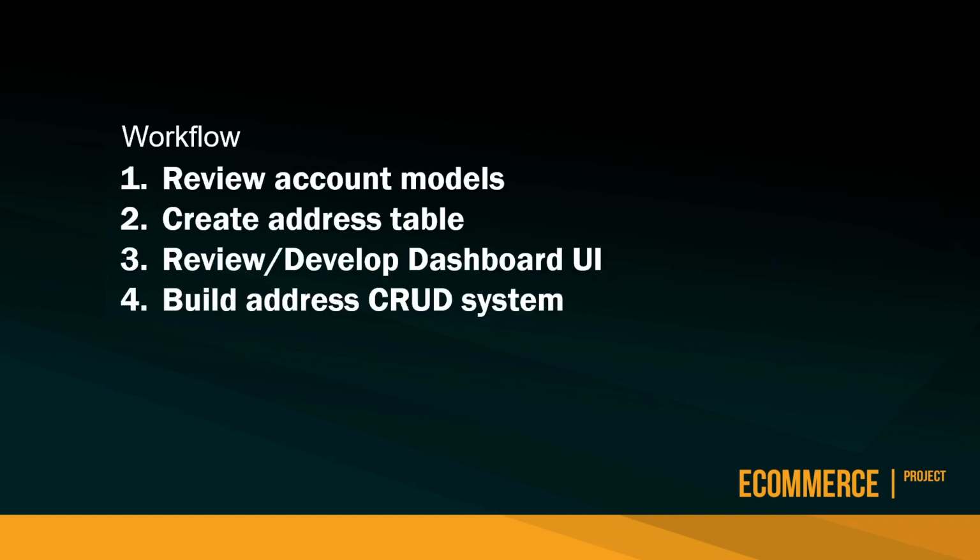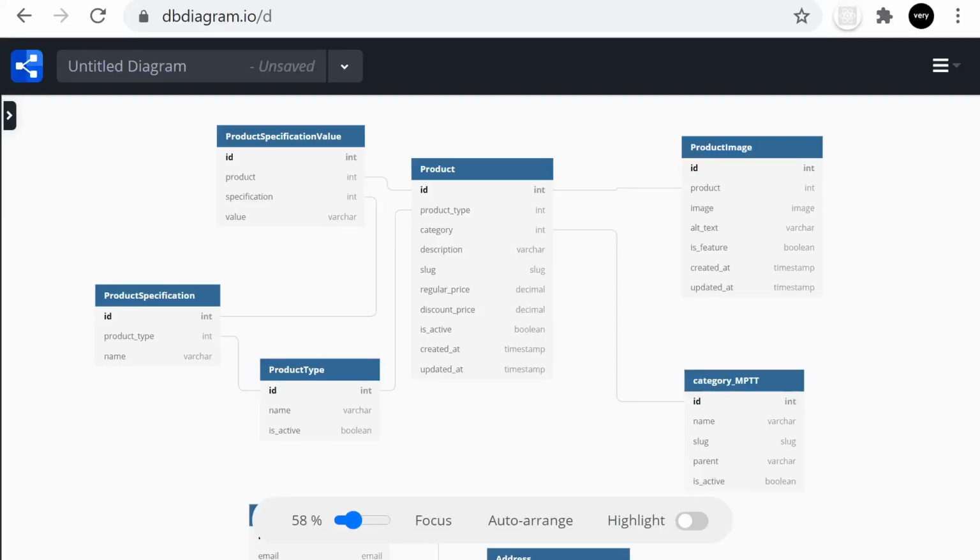So this is our workflow. We're going to review the accounts models, and I'll take you through the changes that we're going to make there. Then we go ahead and create the address table and then review the dashboard UI. I'll take you through what changes we've made there, and then we go ahead and build the address CRUD system. If you remember in the previous tutorial, we are using the dbdiagram.io